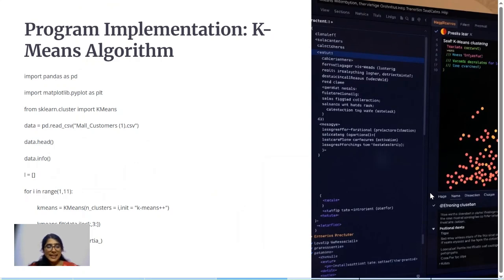Now we are going to read the data set using pandas.read_csv, which is the mall customers data set as I mentioned earlier, and we are going to store it into a variable. And then using data.head and data.info, I'm going to read the first five rows. These two are just to see what kind of data is present inside the data set so that we can plan our subsequent actions accordingly, what kind of actions we're going to perform on the data set to implement the K-means clustering algorithm.